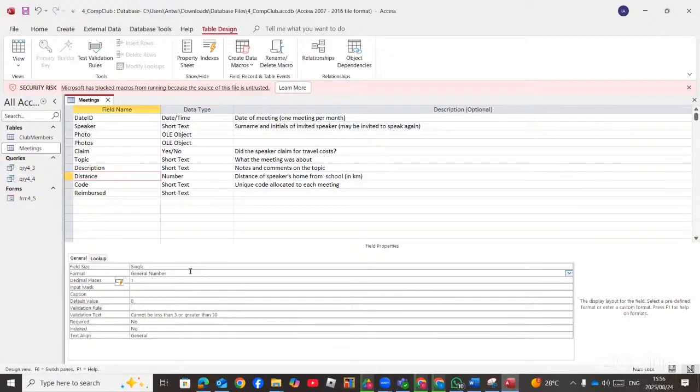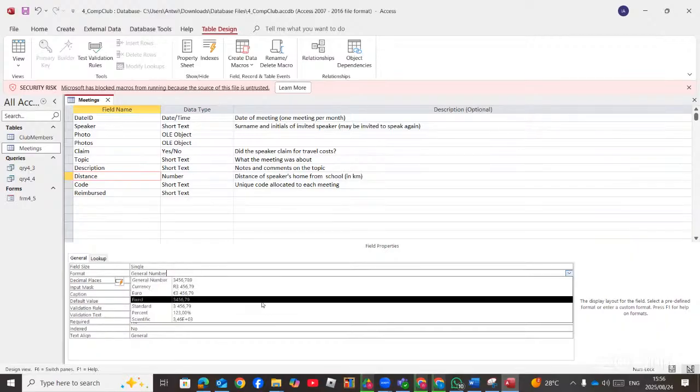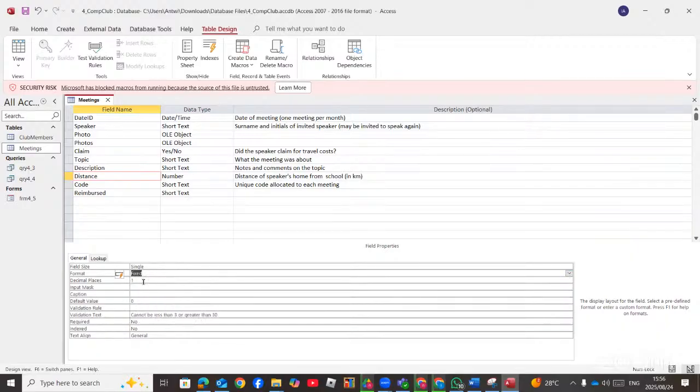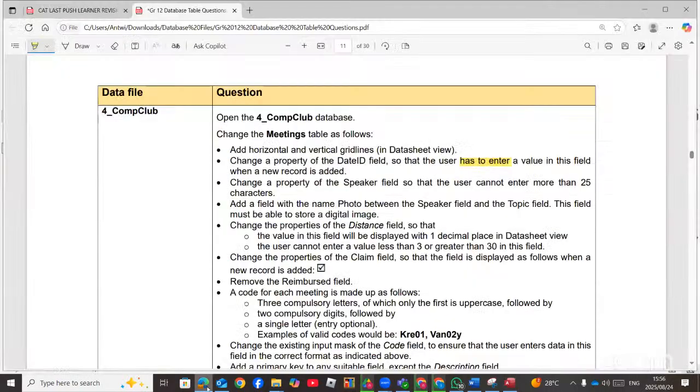Now, sometimes if it keeps on changing, the best format is to make it a fixed one. When you choose fixed, it's going to give you a fixed number of decimal places. So here, when you want it to be always 1, you change the format to fixed, and at the decimal place, you choose the right decimal place. Right, now the next question says,